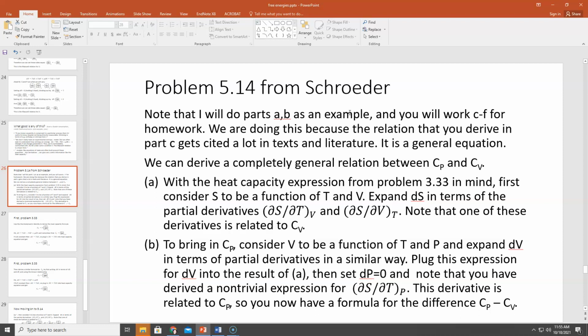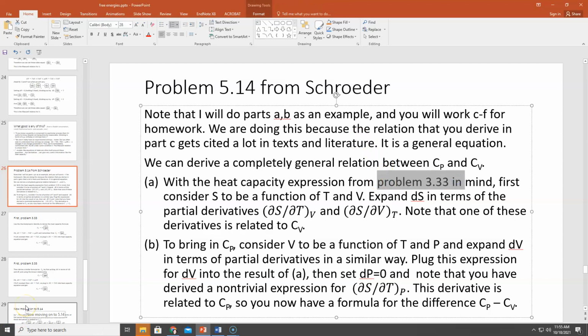Plug this expression for dV into the result of A and then set dP equal to 0. And note that you have derived a non-trivial expression for partial S with respect to T. This derivative is related to the heat capacity at constant pressure. So you now have a formula for the difference, Cp minus Cv. So those are the parts that I'm going to work for you, and then you'll do the rest of it for homework. But first,